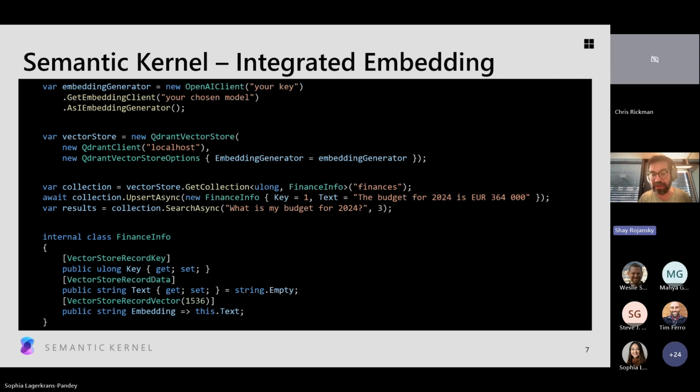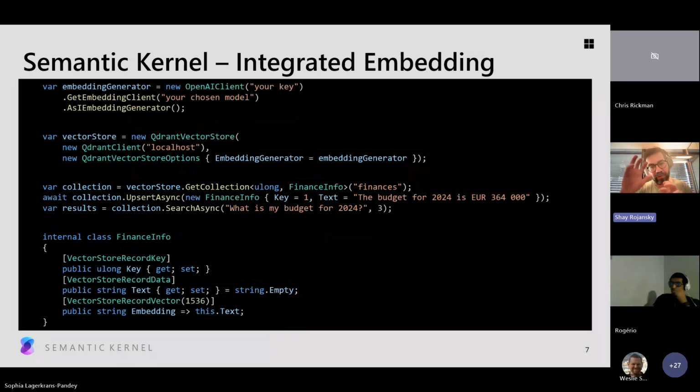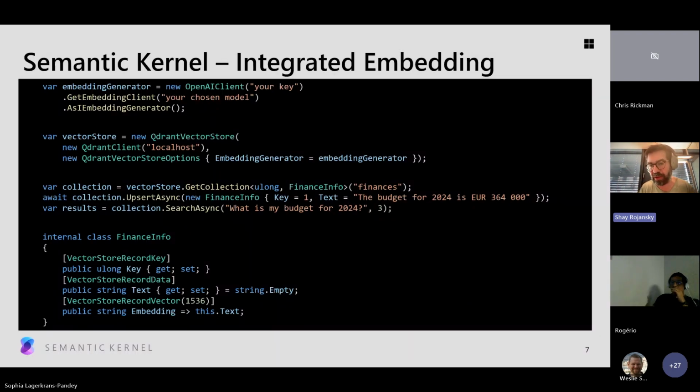For search, things are a tiny bit more interesting. There is now a new method. We've done some renaming because of this change. Previously, we had what's called vectorized and vectorizable search. We had two methods like this. Things have shifted around a tiny bit. The method is now called SearchAsync, and you give it whatever you need, typically a string. This is the method that you use when you want embedding generation to happen under the hood.